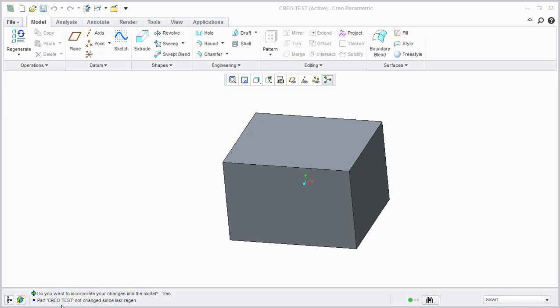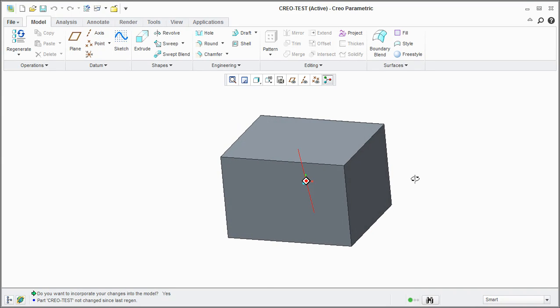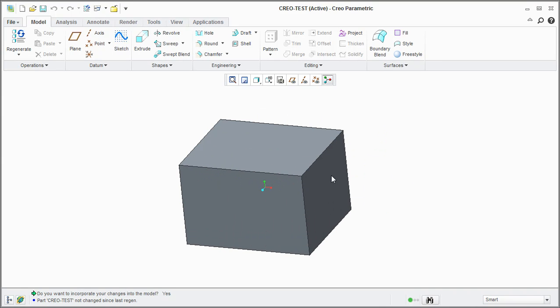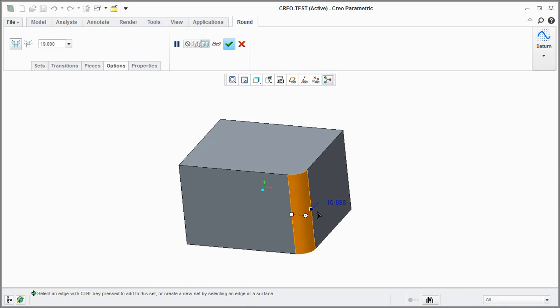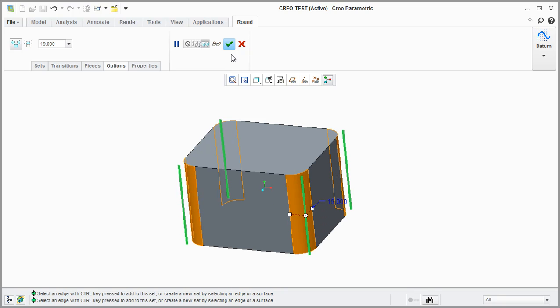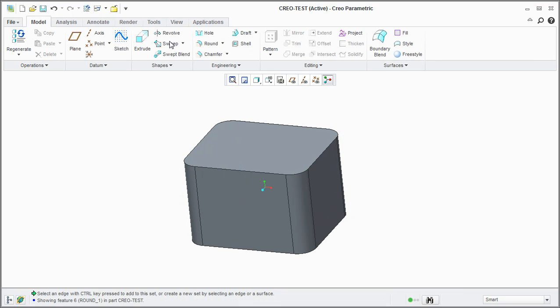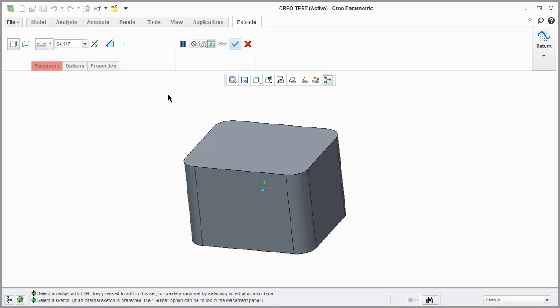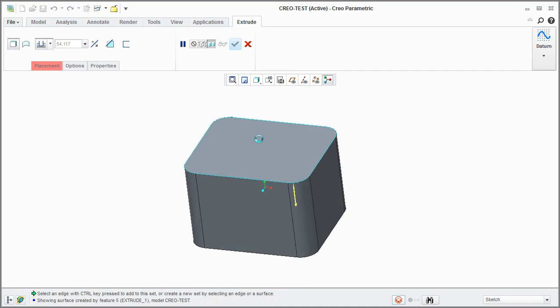Alright, just real quick, this is a brand new part that I created in Creo, which is just a rectangle at this point. But I wanted to show you get a lot of the benefits of the new UI. When you start adding features, you'll notice that it has a new color scheme on how it highlights objects. Another thing you notice when you hit extrude, and you pick a surface, it puts you